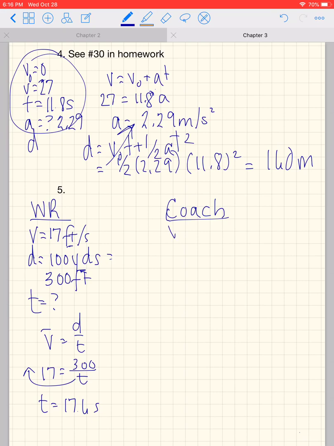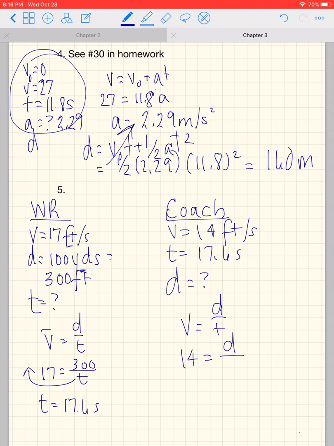Now for Coach, I know that he runs at a velocity of 14 feet per second. By the way, we don't mind that it's in imperial as long as we keep everything in imperial, so that's fine. I now know that the time is 17.6 seconds. It was the same for both of them. And the question was, how far does Coach run? So D is equal to, I don't know. Again, Coach runs at a constant speed of 14 feet per second, so I'm going to use V is equal to D over T. 14 is equal to the distance that I'm looking for, all over 17.6. You multiply those together, and D is equal to